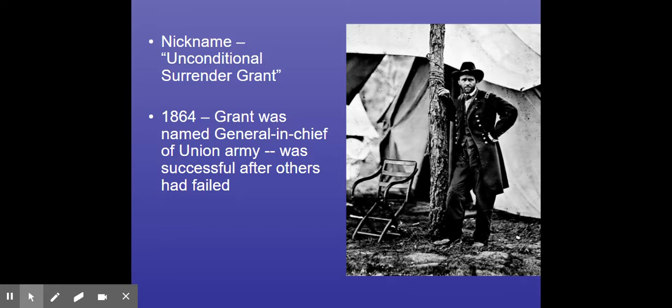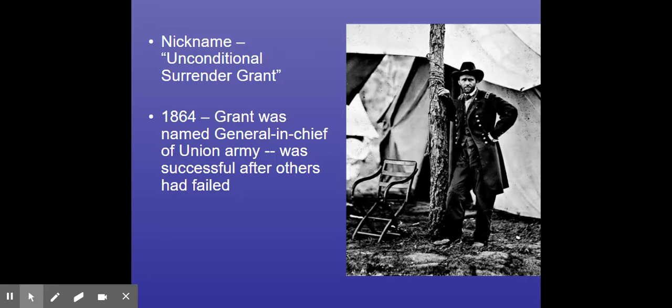Now, real quickly, in terms of Army organization, you have the general in chief who's in charge of everything. Then underneath him, you have other generals that are in charge of separate armies. Like one of the big Union armies is the Army of the Potomac. That is the army that Lincoln had the most difficult time with. George McClellan was in charge of the Army of the Potomac. Great organizer. George McClellan, however, would not use the army. Okay, he would line up for battle,